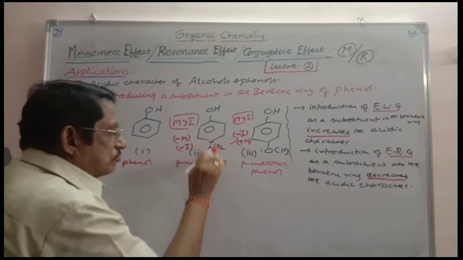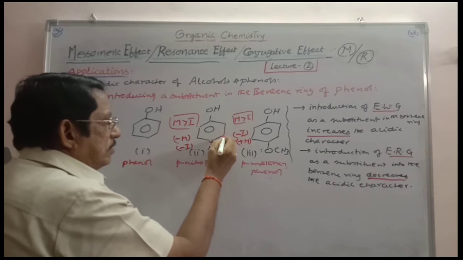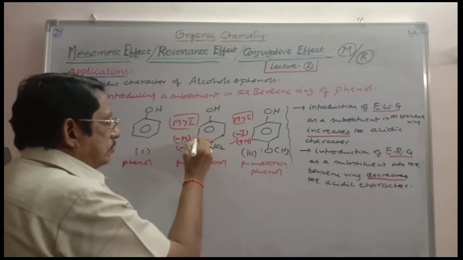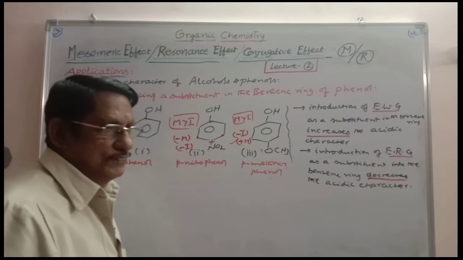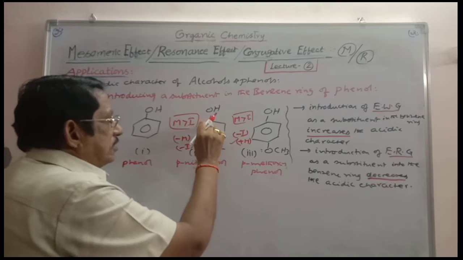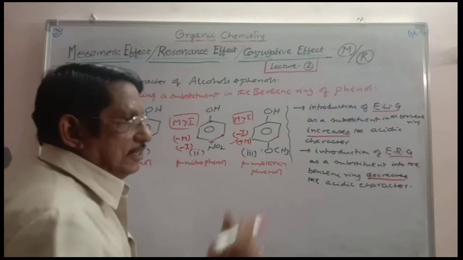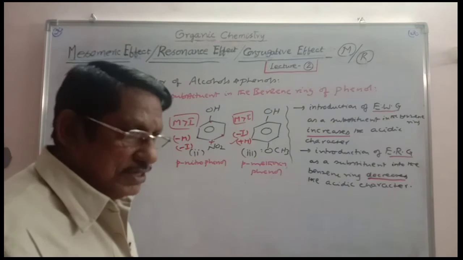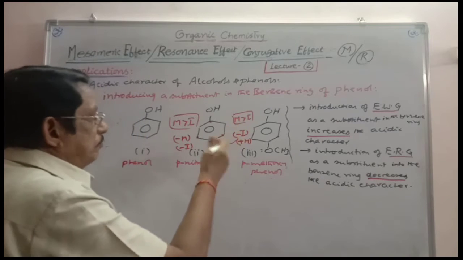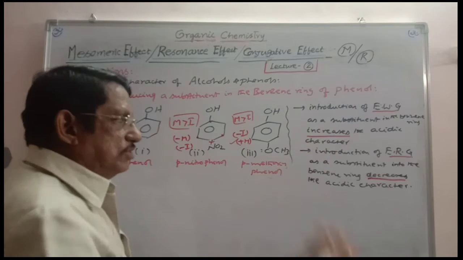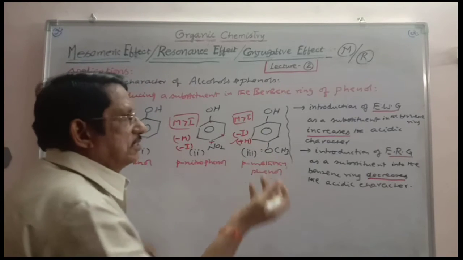This nitro group is electron withdrawing. As a result of which the electron density at the ortho carbon and the para carbon and the other ortho carbon, at these three carbons, positive charge arises due to the minus mesomeric effect. When the carbon carrying the OH group is getting positive charge, it withdraws the electrons from the oxygen. As a result of which the OH bond is weakened. It facilitates the easy release of proton. And that is why paranitrophenol is more acidic. Both are supporting to release the proton more easily. And in this case, mesomeric effect is dominating. You need not consider inductive effect.